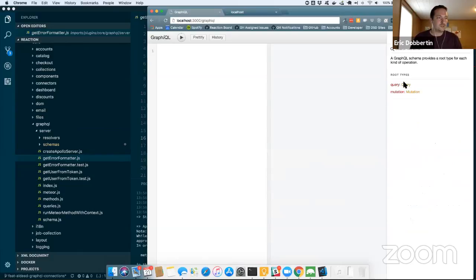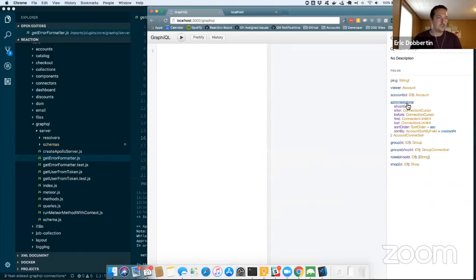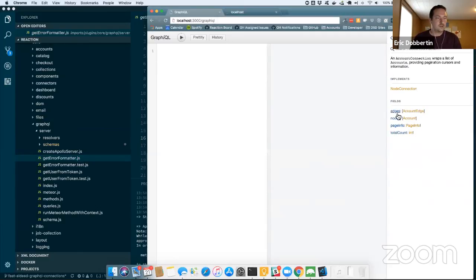So these are mutations. If I go to administrators query, for example, you can see that it takes these Relay style arguments to do pagination, sorting, that kind of thing. And it returns a connection. Relay style connections have edges and page info. We additionally have nodes. If you request it, you can get just the nodes and total count as an integer.